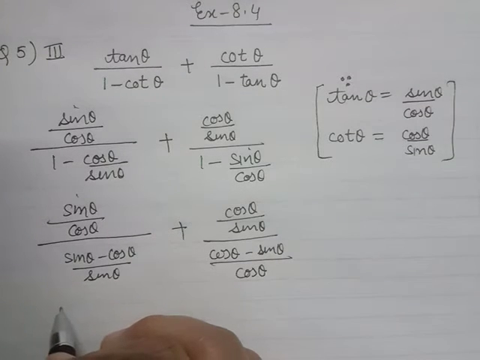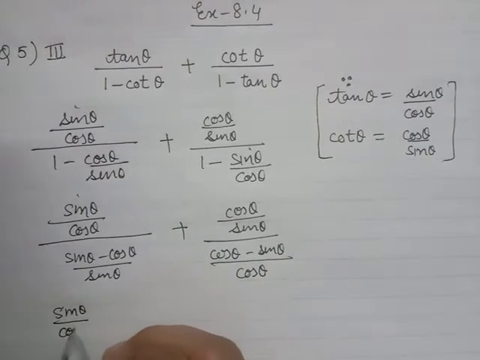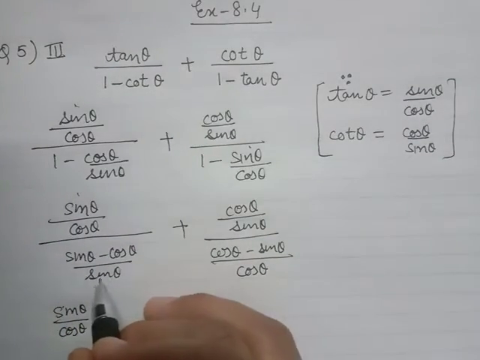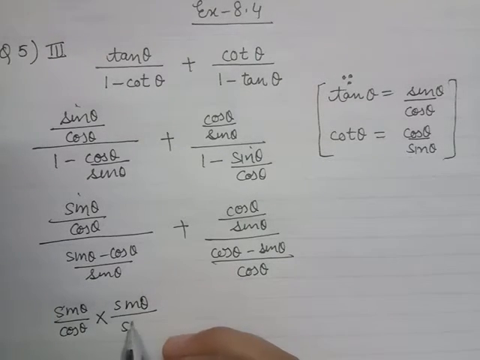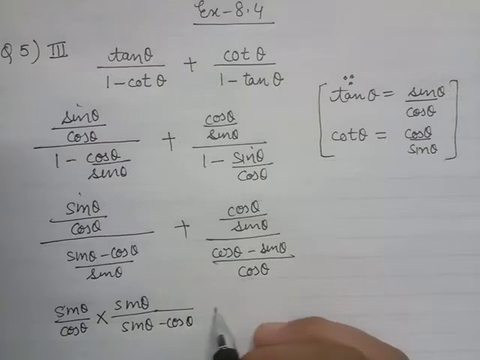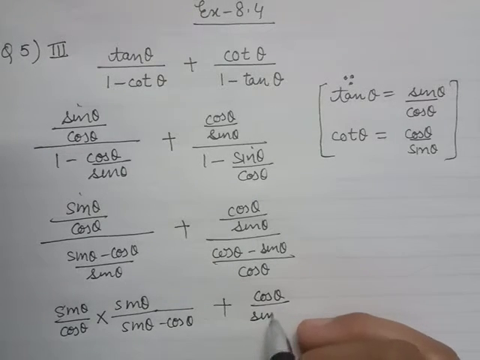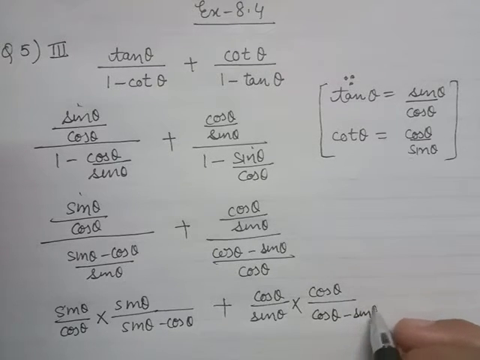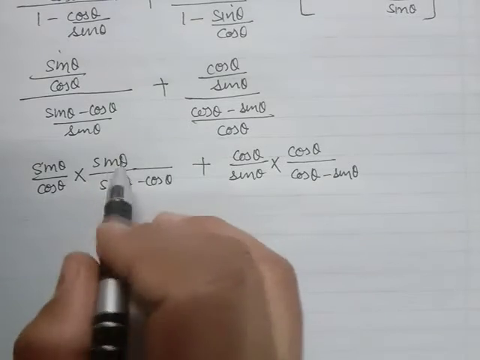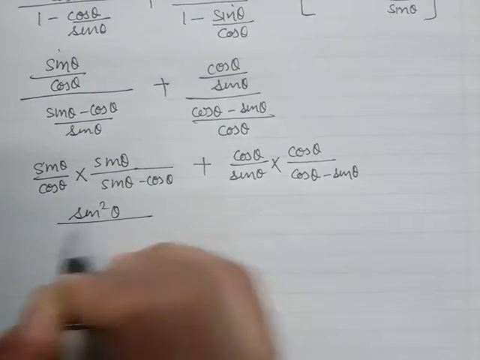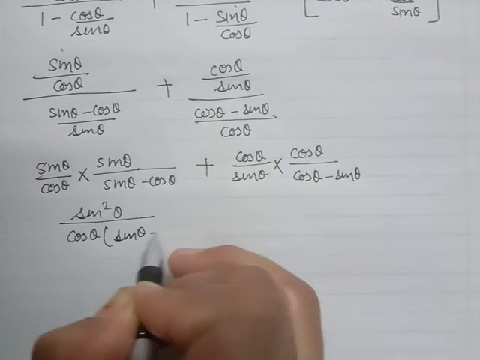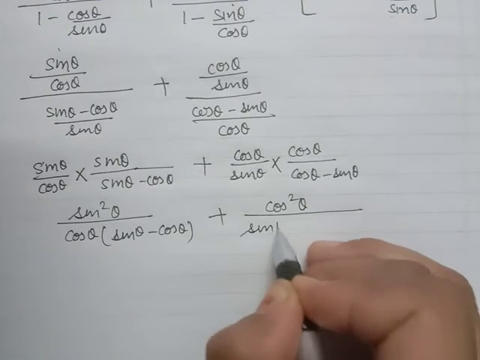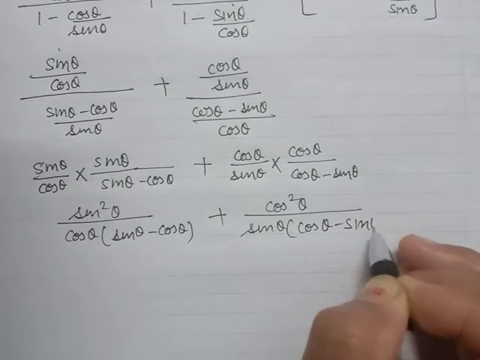Now when two terms are there and both the terms are in fraction, then what can be done? This will go upward and this, as it is, in the denominator. Similarly this side, let us simplify it, upward, and this is in denominator form. Now sin and sin square, denominator as it is, cos square, denominator same. Now see the denominator, they are looking the same.